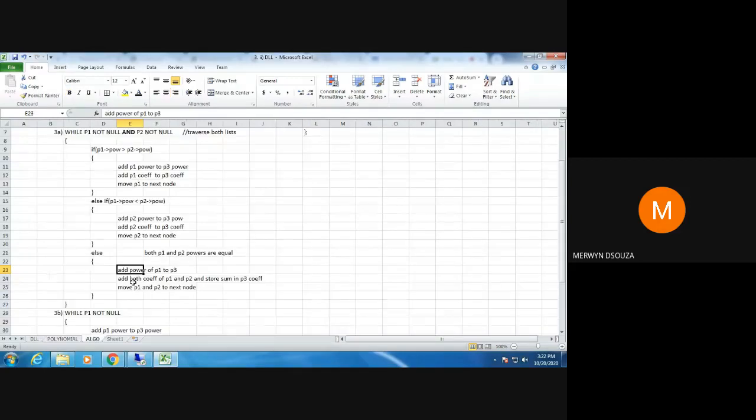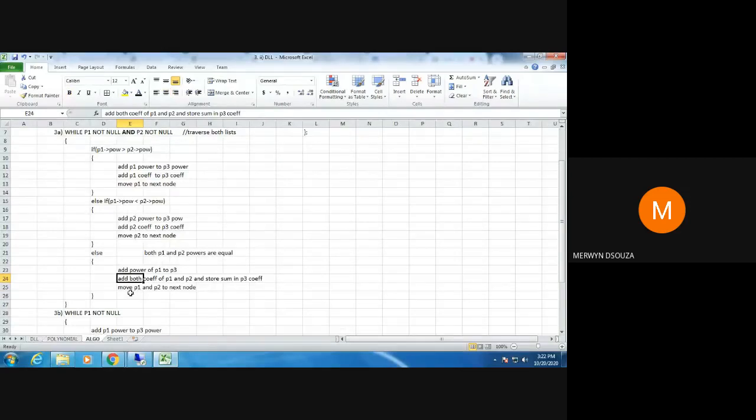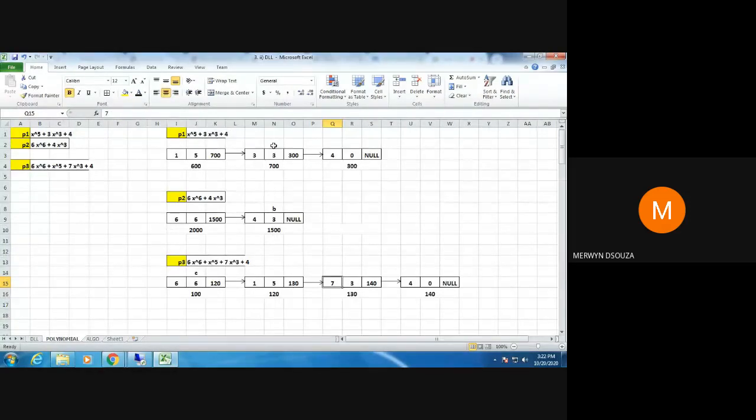And I add the coefficients of P1 and P2: 3 plus 4. Next step, I shift P1 and P2 to the next node. So I shift this A here, and I shift this B. There is nothing more left, so B will be equal to null.